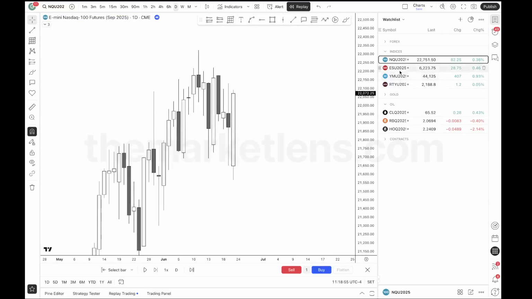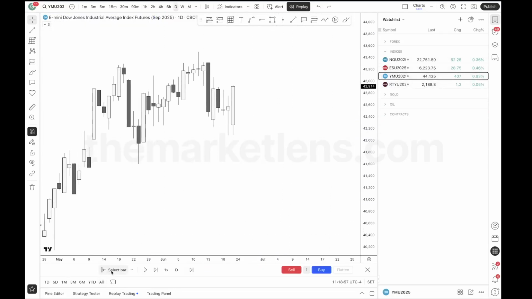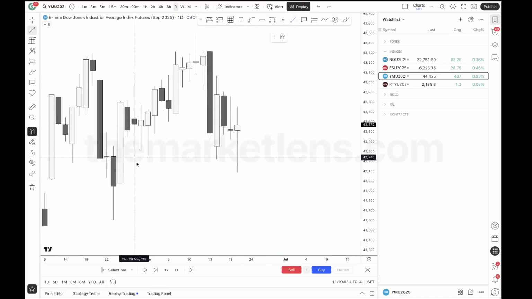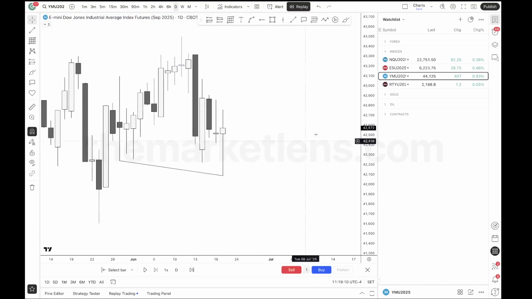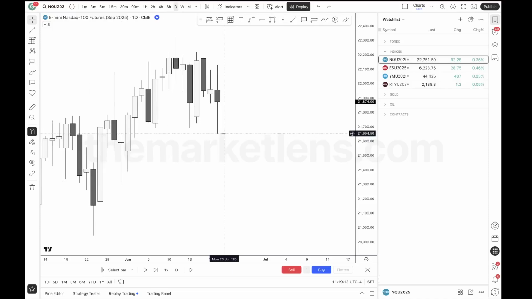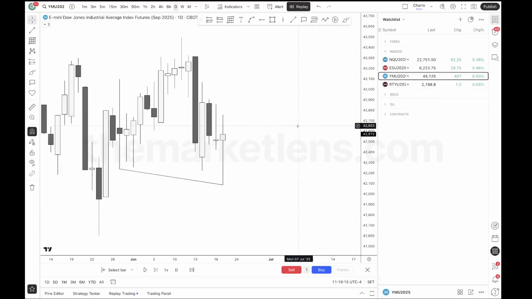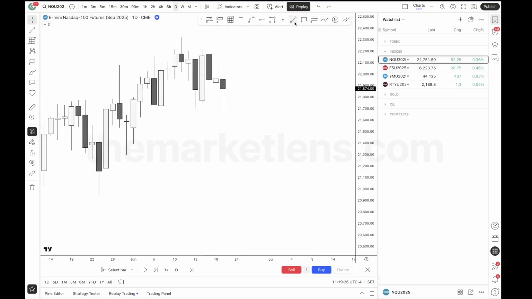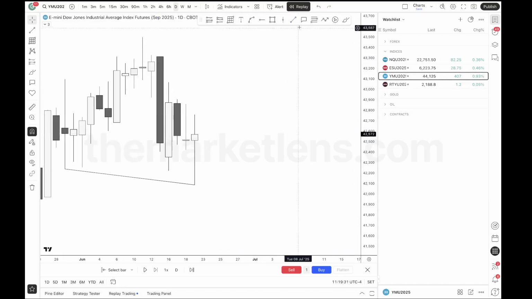So if you go to YM here, again, we're going to ask ourselves what the previous week did, what the previous day did, what the previous sessions did. So what did the previous day do, which is the previous week, basically? We saw that Friday traded into this low, creating an SMT. So here's that SMT here, right? And you're seeing a form of strength switching. This asset is creating a lower low, but it's a bullish candle. Well, this asset is creating a higher low, but it's a bearish candle. So that's a form of strength switching, if you guys did not know.